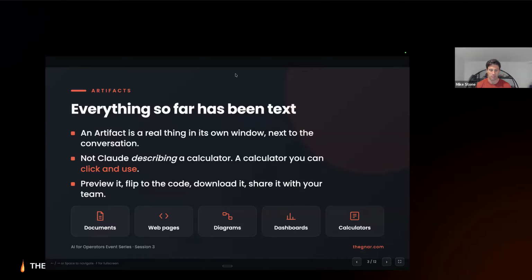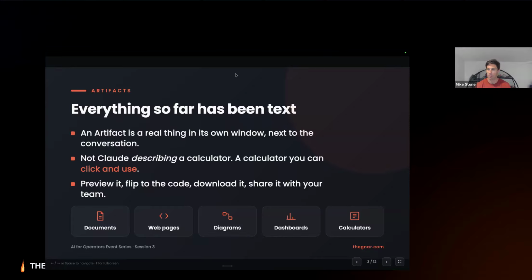But the types of artifacts that we can create within Claude are things like documents, whether it's markdown documents that we've talked about in the past, or Word documents, Excel files. We can create code snippets. We can create entire HTML pages, SVG images or PNG images, different types of diagrams, and visualizations.